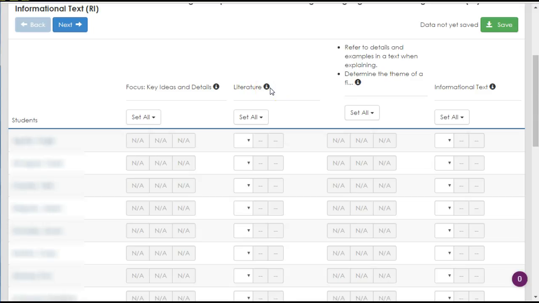So if you have a printed report card in front of you, the only reason you see the NA blocks down below is so that you can see the title behind them. Do you see how it says focus, key ideas in literature, in details, and then literature? That's